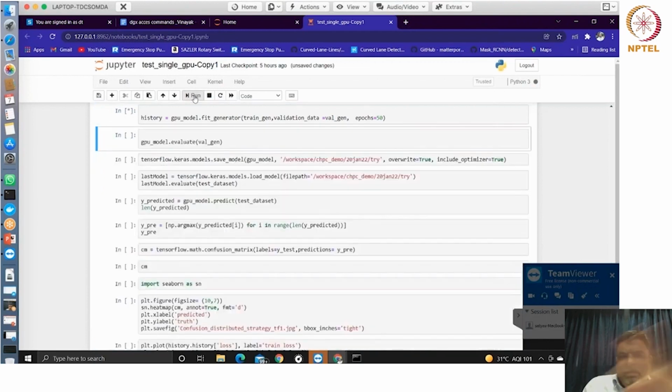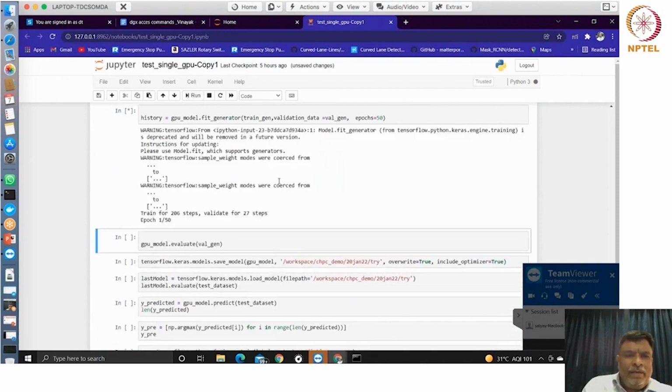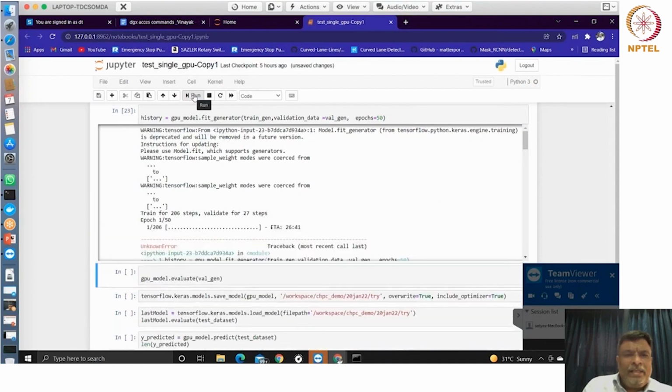And then we try to do the validation for so many epochs, and so on and so forth, right? So it will take some time for training, but the effective idea is to